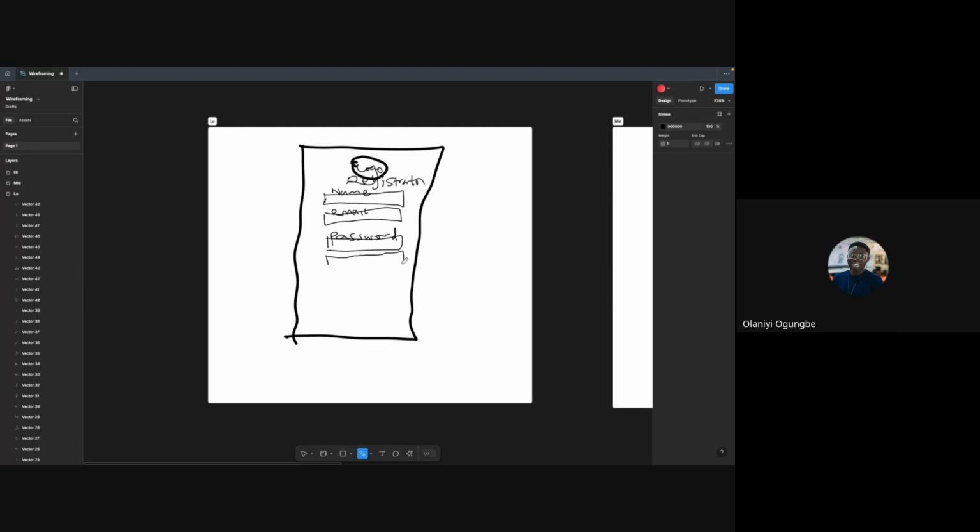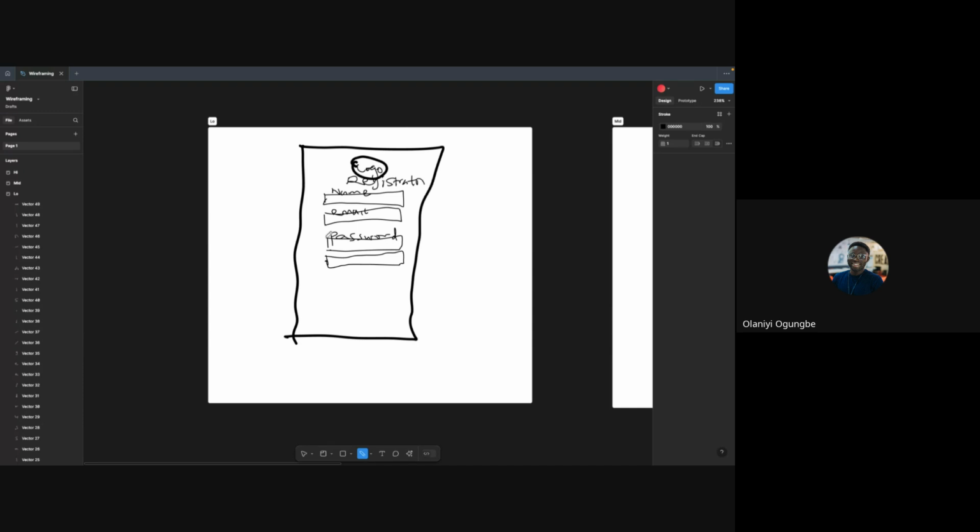Okay, let's try not to make it too long because for proper user experience, your form should not be too long. If it's going to be really long, then you should make it a multi-step form instead.